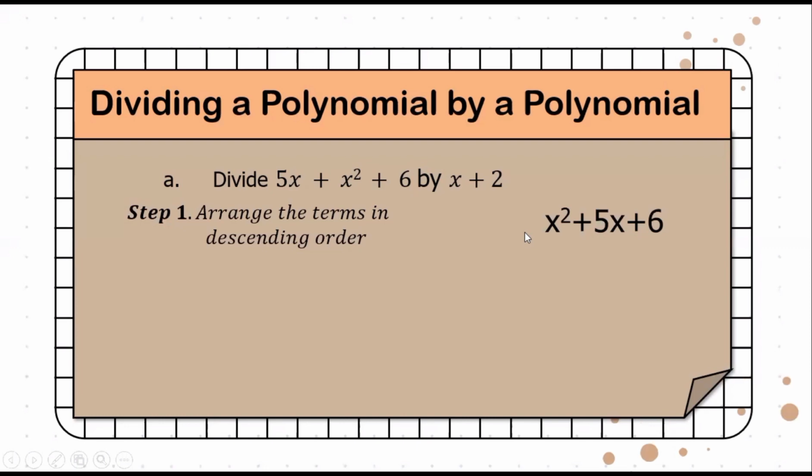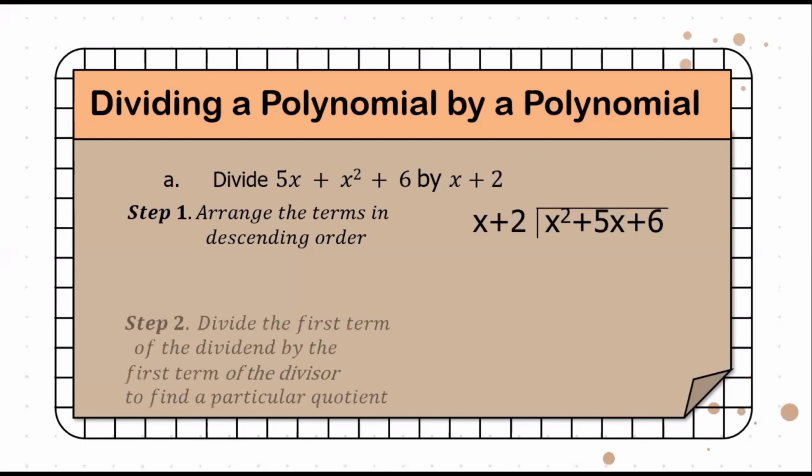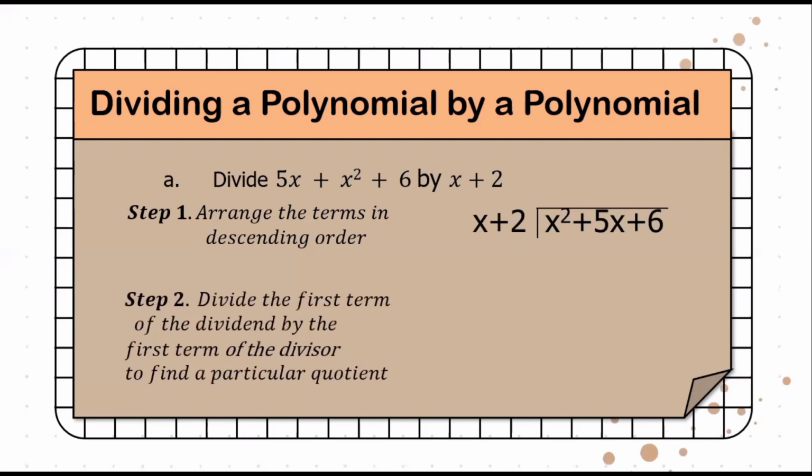Okay, then after that, what will you do next? You have to divide it by our divisor, which is x plus 2. And then step 2, divide the first term of the dividend by the first term of the divisor to find a particular quotient. So first term daw, we have to divide